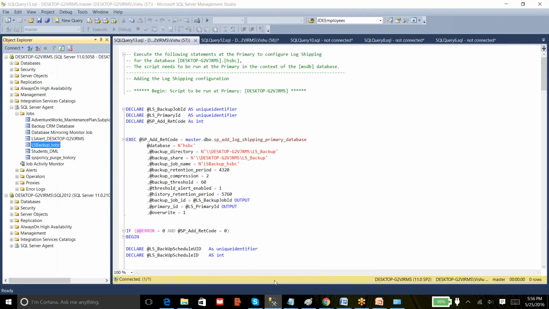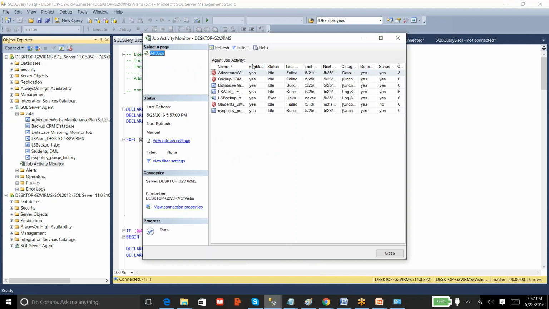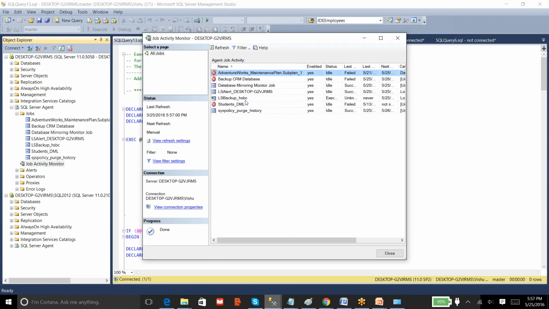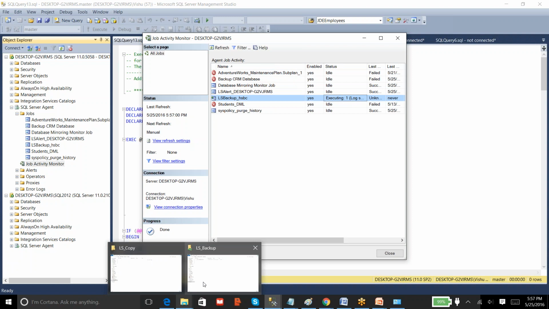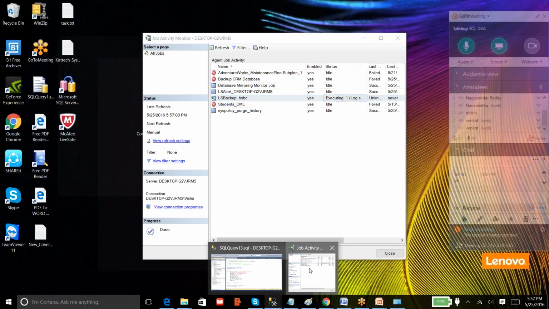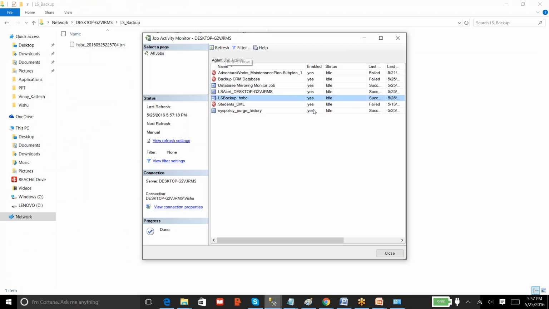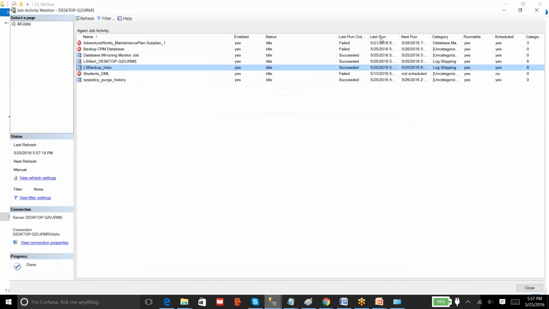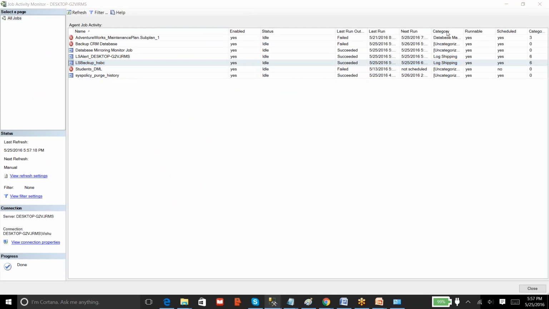Let me open activity monitor. Okay, you can see this is executing now. So we should expect a backup file here. Yes, backup is also available. So we can refresh. The backup is completed successfully, and if I expand this, you can see on the right side